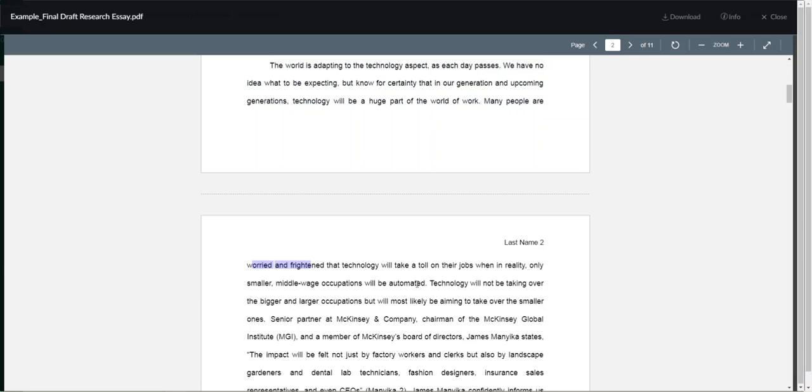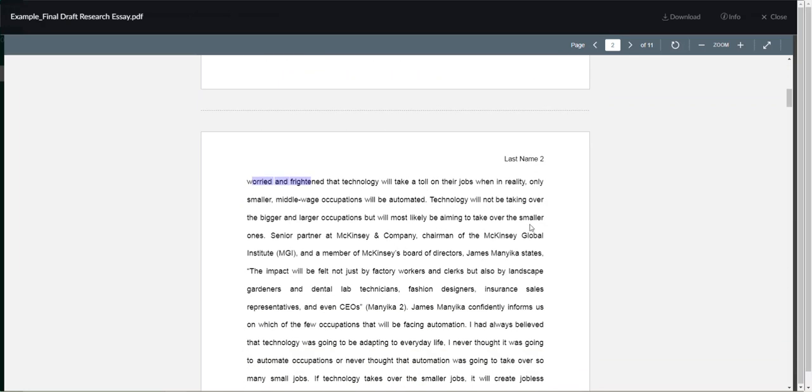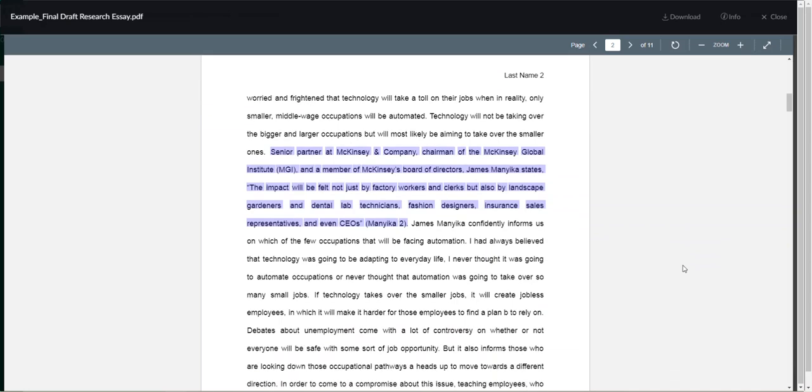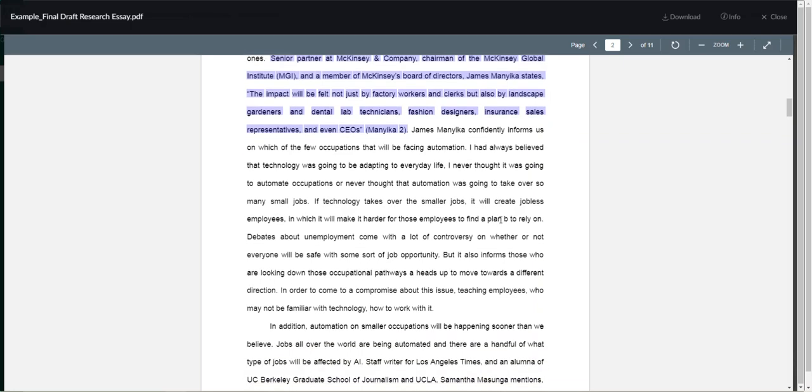Okay, keeps on going into the next page, talking about a topic. Then you have source information here, senior partner at McKinsey and Company. Okay, goes all the way to here. All right, here's your source information. This is a paraphrase. No, here is a quote. All right, so we have quotation marks. And then once again, we have the conversation after the source information, working through that.